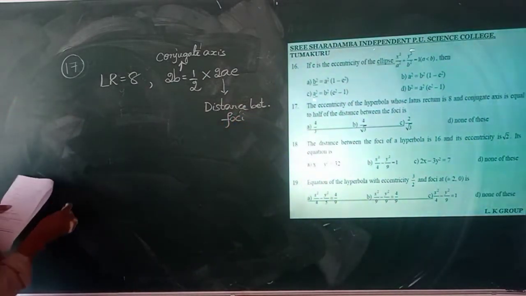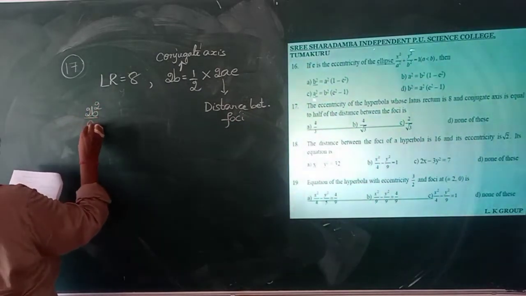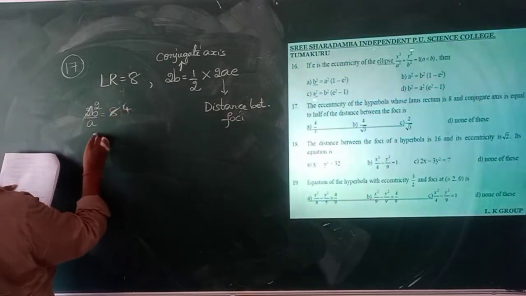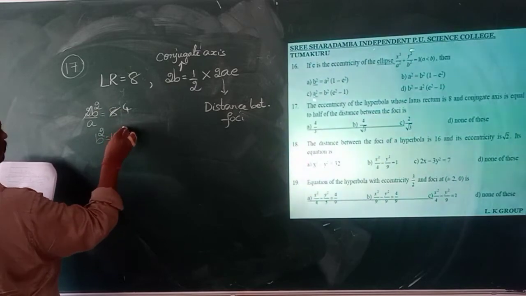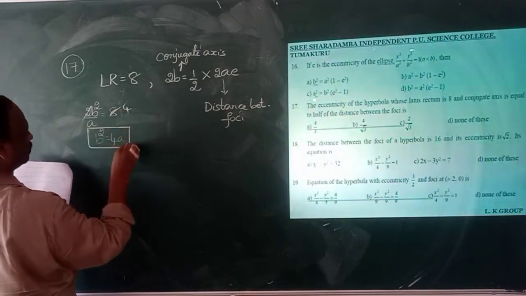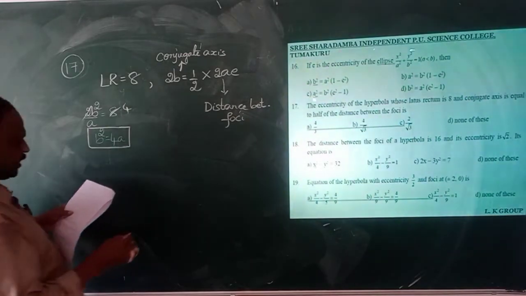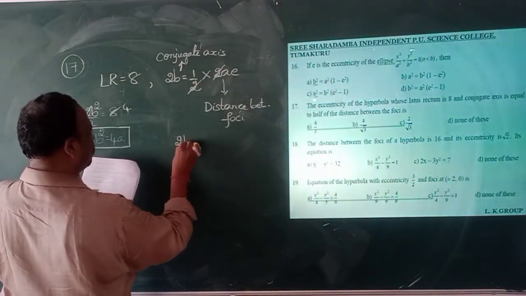Now you can observe 2b square by a is equal to 8. The 2 fours are 8, so b square is equal to 4a. Here b square is equal to 4a. Then 2b is equal to a,